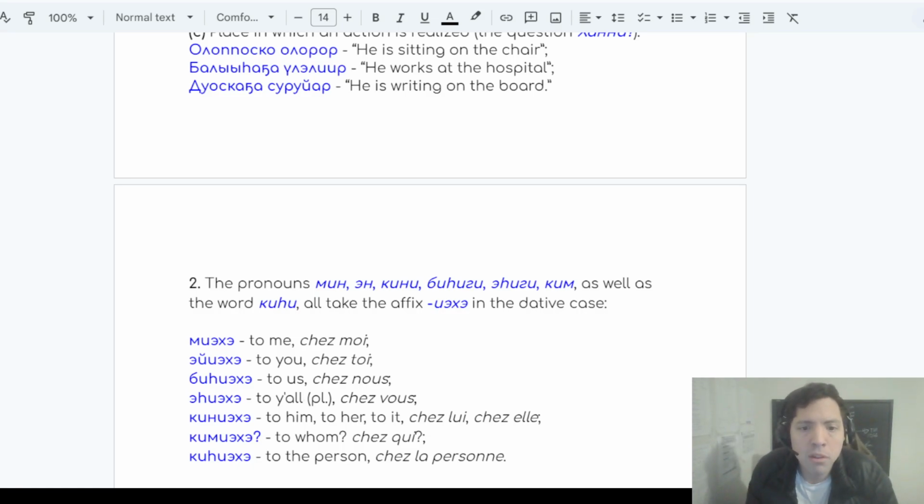But yeah, I have seen some materials try to say that N is singular, I mean, is informal, and ehigi is formal, but that's not quite accurate. N is singular, ehigi is plural. All right? Mieche, ehieche, eieche, bihieche, ehieche,